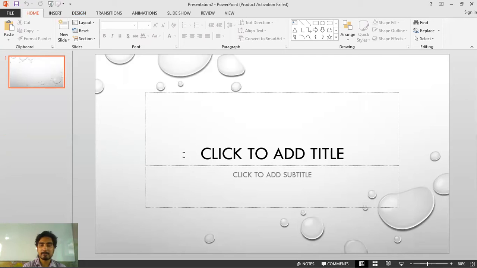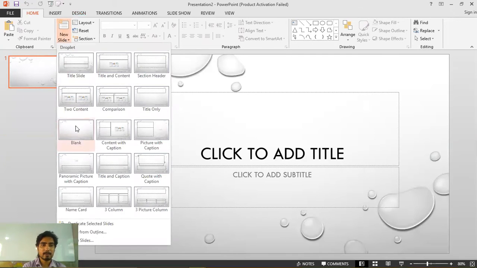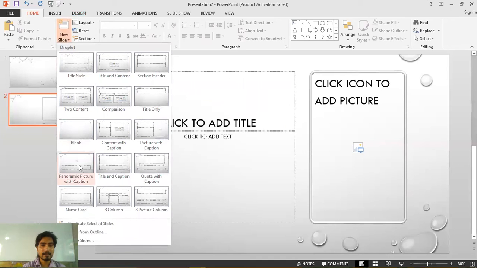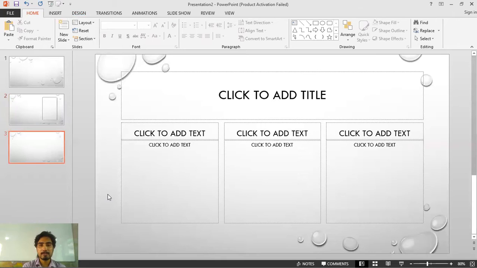Now you can see the designs have already been given in this. Whenever you insert a new slide in this, the designs will already be applied from that template. You do not need to do the designing work there. You can see the design is even applied on the new slides. So whenever you insert a new slide, that slide will be inserted with the design of the template which you have selected. So this is a template.